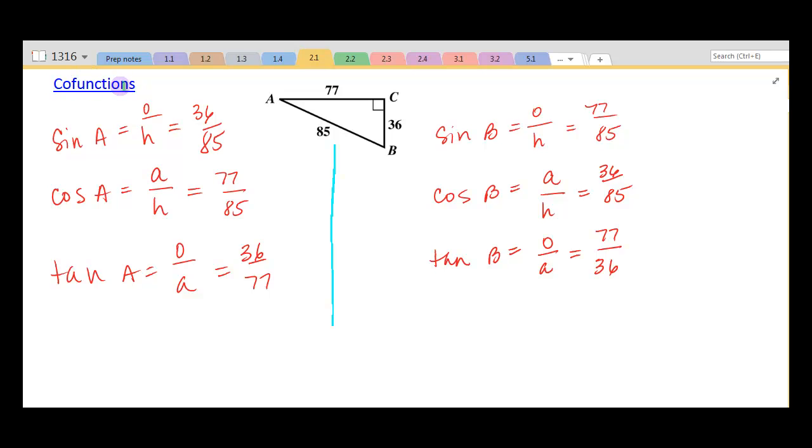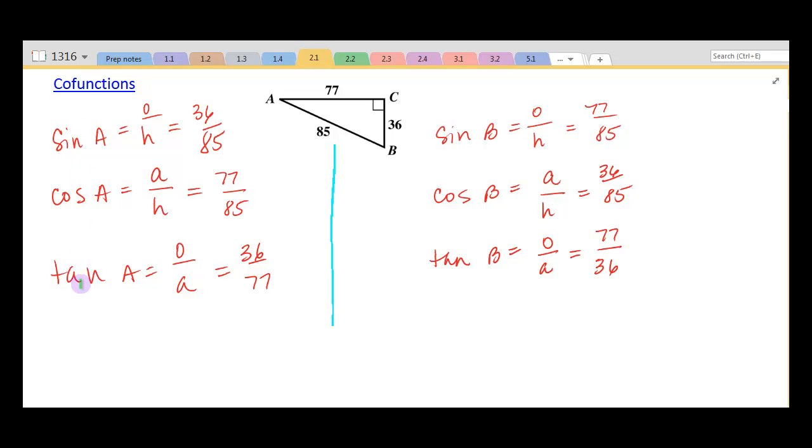Before we get into the formal definition of what a cofunction is, let's take just a second to compare the trig function values for angle A and angle B. Here I have written down an example that we covered in the previous lecture video, and in that problem we